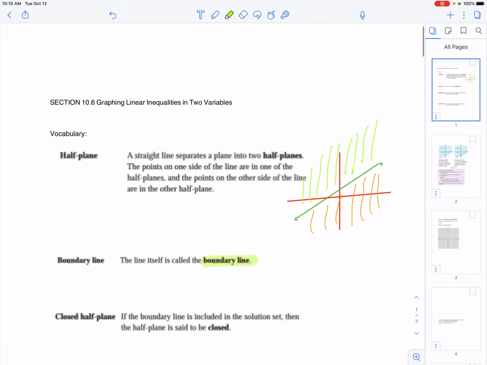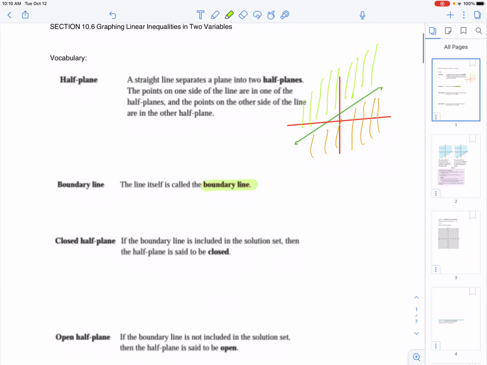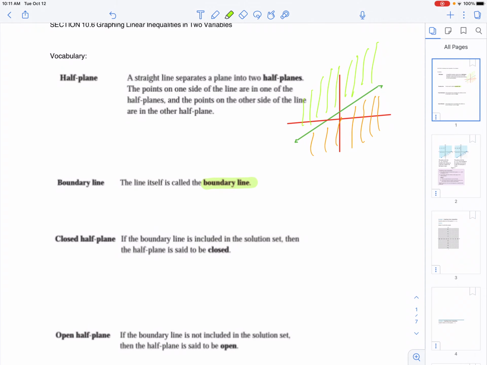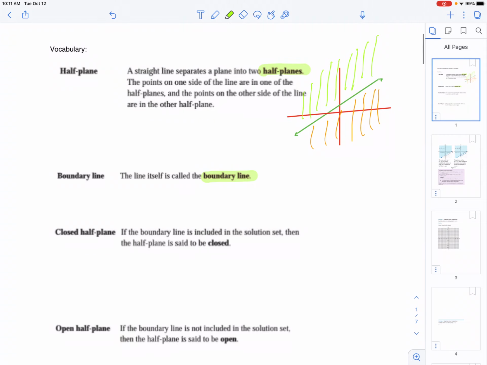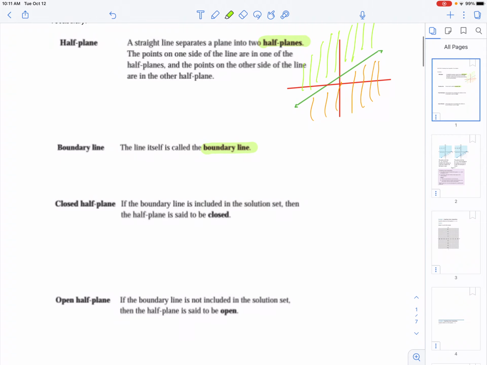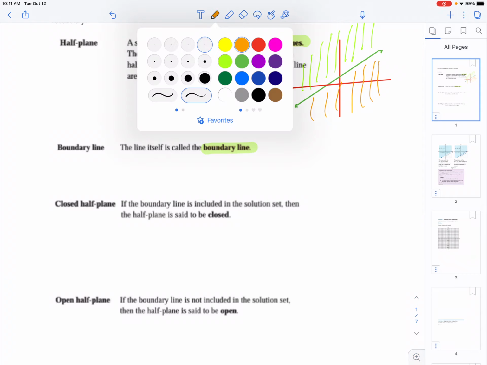The boundary line is the line that I drew over there that separates the grid into the two half planes. So we've got two half planes on the grid. We've got a boundary line. And then we're going to have one of two things occurring when we graph these. If the inequality